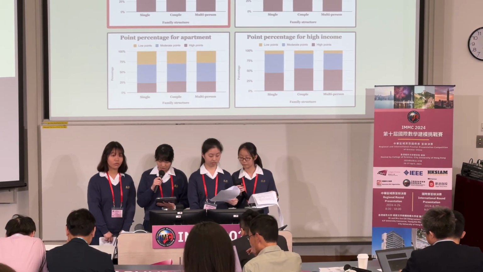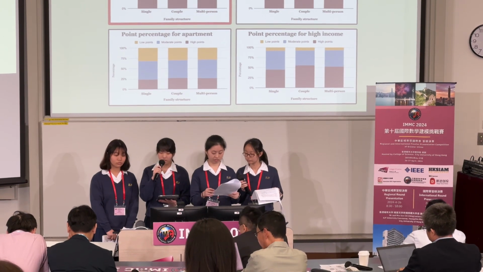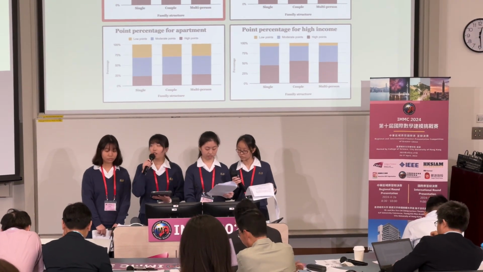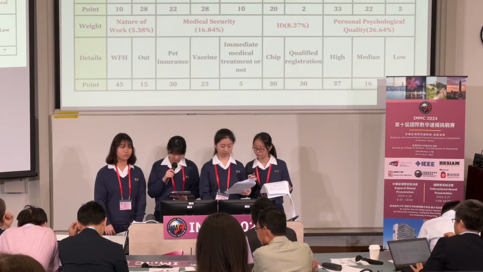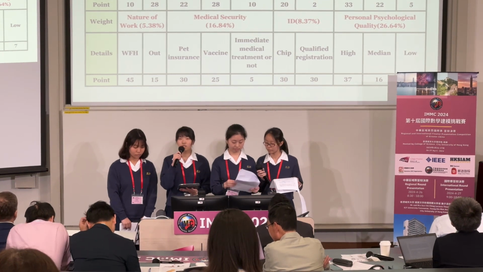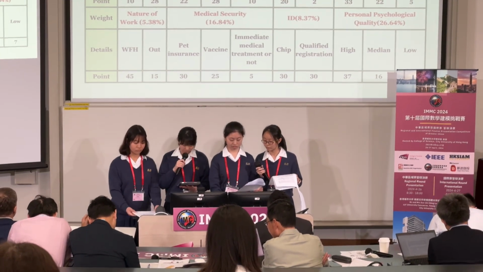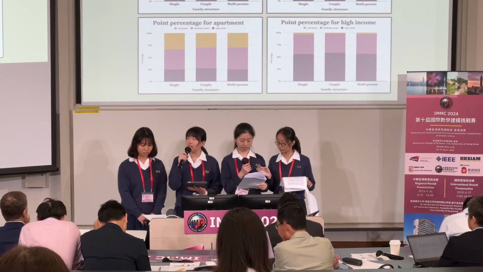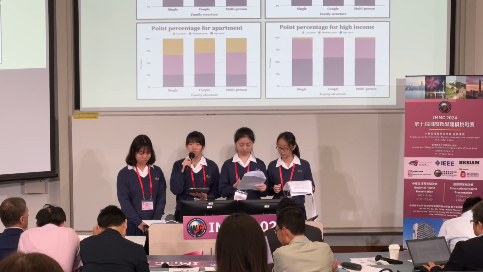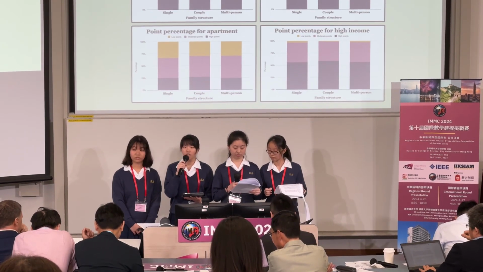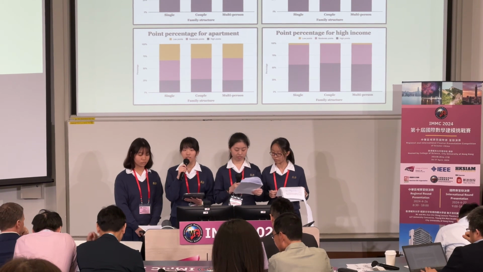In addition, owners who have high psychological quality and high income are usually capable of having cats and other pets in their houses. This chart is the same as the previous chart. The 2 differences are cat and dog and the points. In these diagrams, we have the same conclusion as cats. Owners who live in houses with high psychological quality and high income are usually capable of having dogs and other pets in their houses.